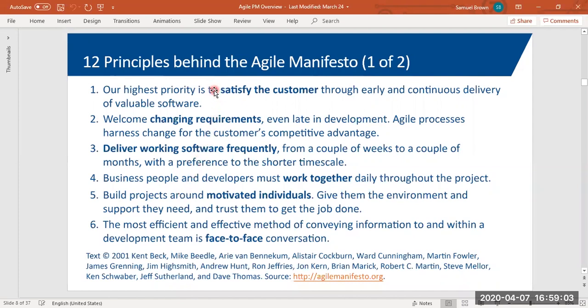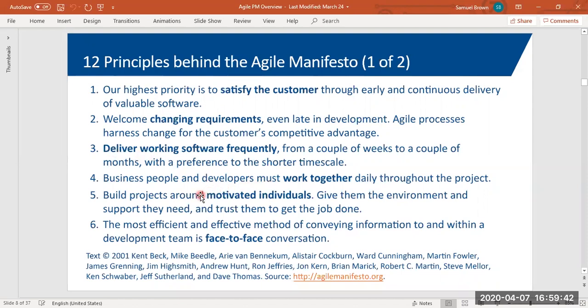Focuses on satisfying the customer, embracing change as we go, delivering software incrementally that works, working with stakeholders to understand what they want, what they need, and how those needs evolve and change,